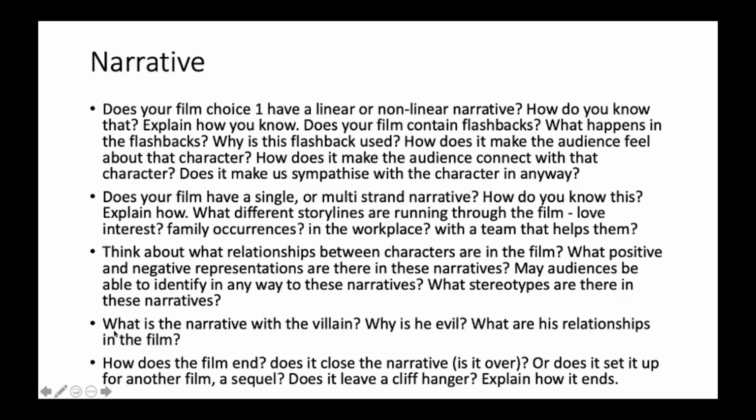Moving on, the one below that, I want you to just discuss some ideas about the villain. Now, you are going to move on to the villain in a bit more detail after you have finished that fourth bullet point down, but I just want you to talk about essentially why he's evil, what are the villain's relationship within the film, do we see anything from his perspective, so something in which Avengers